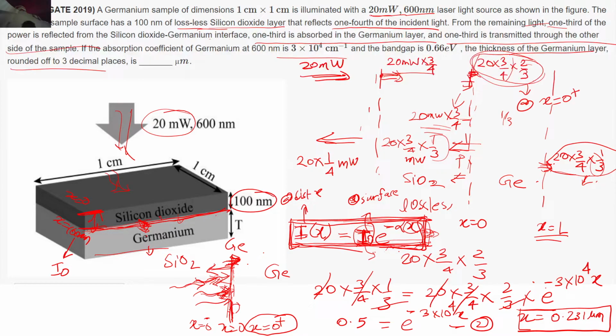So this equation doesn't account for the reflections that are happening at the interface. That's why we have to calculate the power at x equal to 0 plus. Just put this value in as I naught, and you will get the thickness when you calculate the power that is transmitted through the other end of the germanium. We know that power too. You just substitute that power at I of x, and you will get the thickness of the germanium. Is it clear?